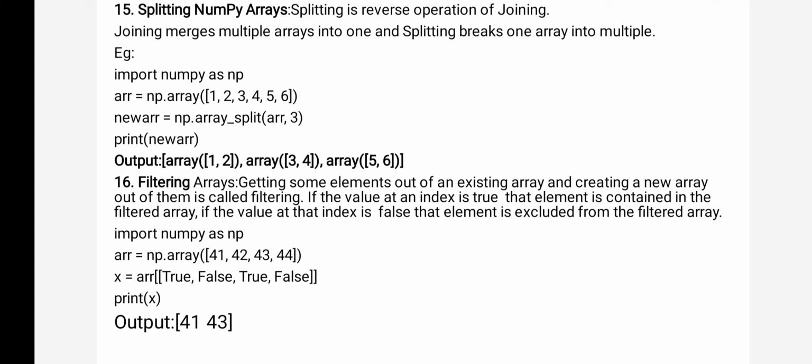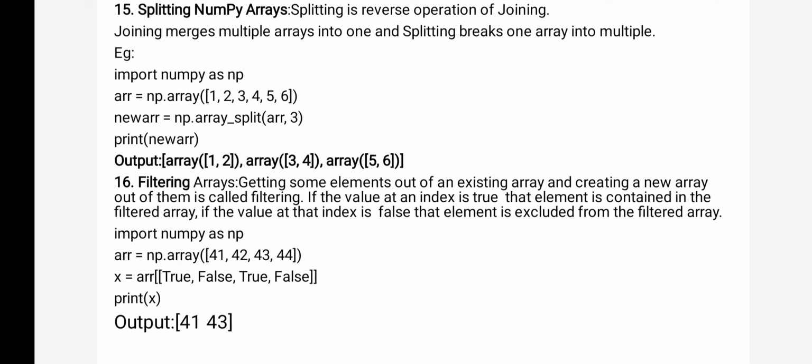So in this example you see, how many arrays have I created? 2 arrays. ARR, and the next one is X. In ARR, how many elements are there? 4 elements: 41, 42, 43, 44. In X, how many elements are there? 4. And what is this X here?